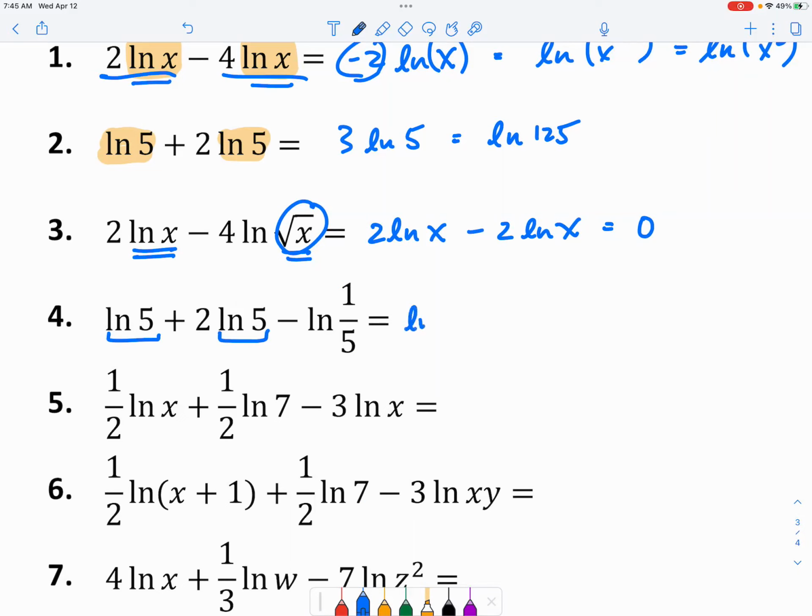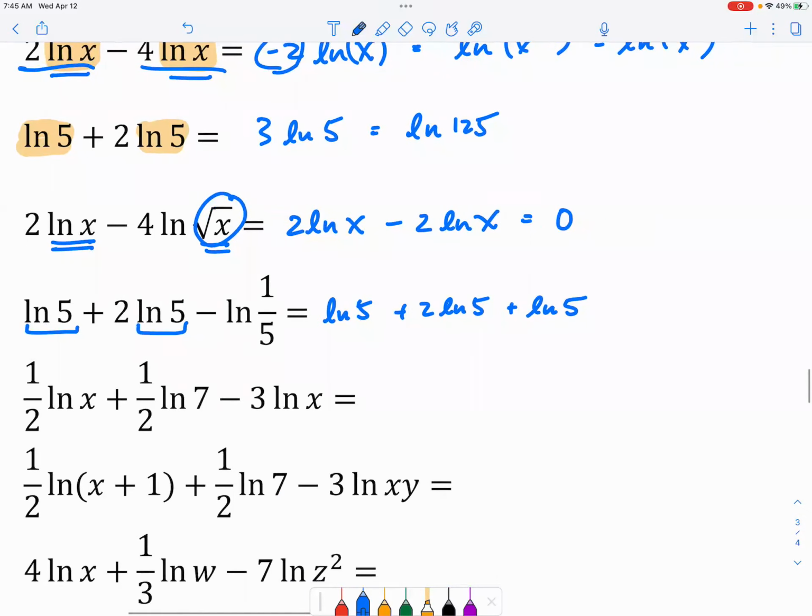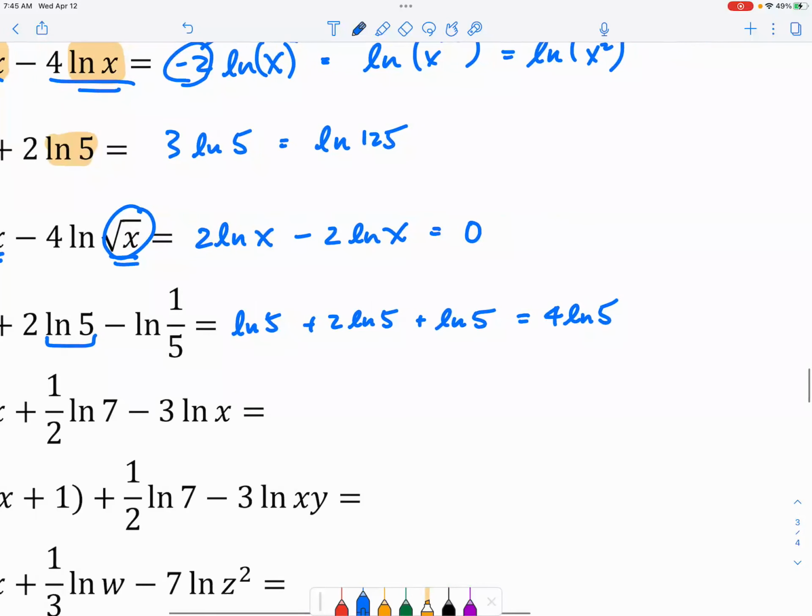So I can rewrite this whole thing to this. 5 to the -1 power is 1/5. So the -1 gets sent to the front, which makes the minus into a plus sign. So if you look at this all together, you have 4